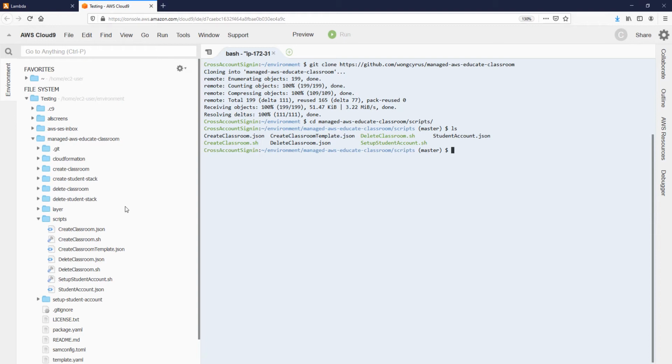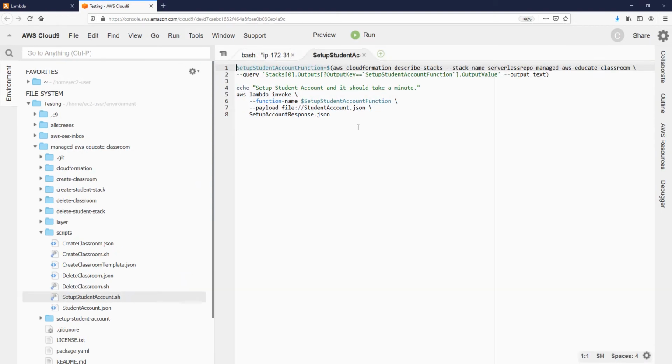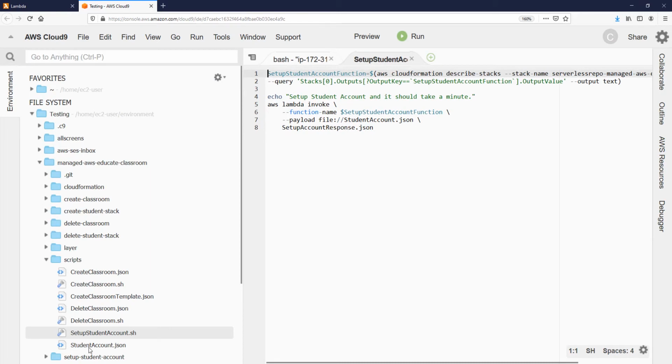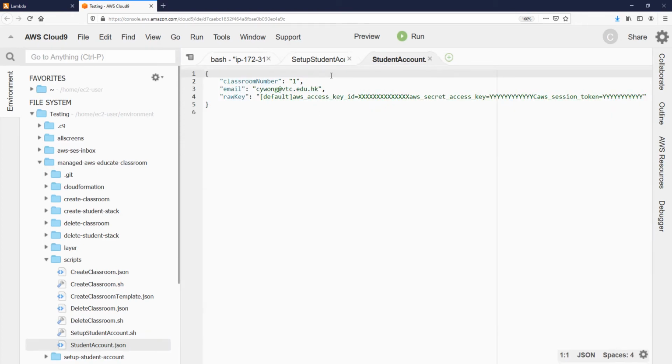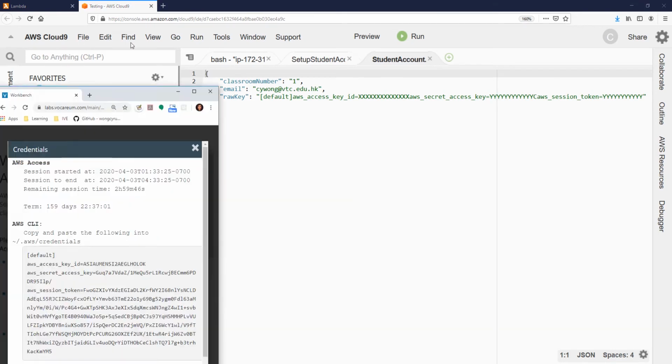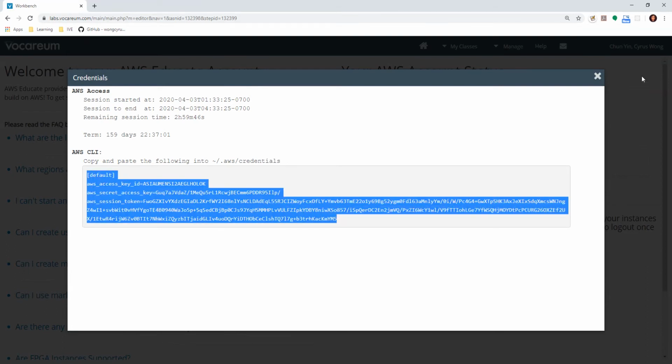Okay, now the first step, if you are a student, you need to run the setup account script. This is so simple. It just triggers a Lambda function, and the parameter is a JSON file. You need to modify the student account JSON file. For example, this is my email, and here is the login information from the AWS classroom, and you can copy it here. Actually, you need to ask your student to give this information back to you, but you need to know that there is a session timer that will expire, and you need to copy it,